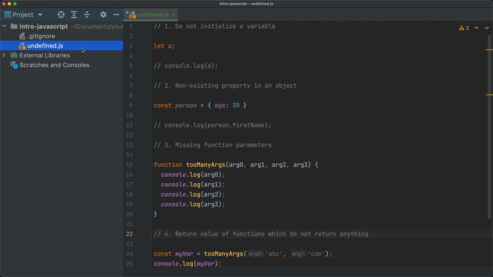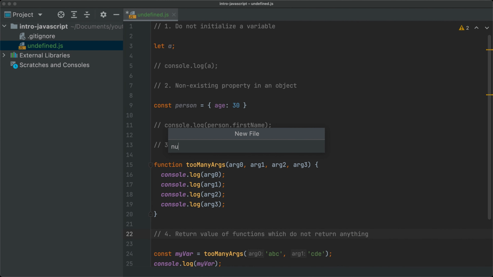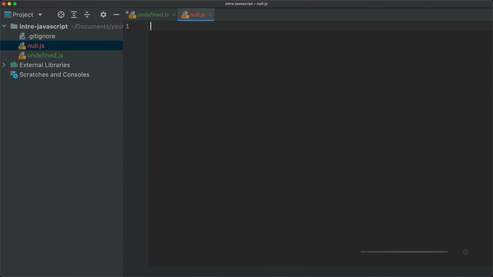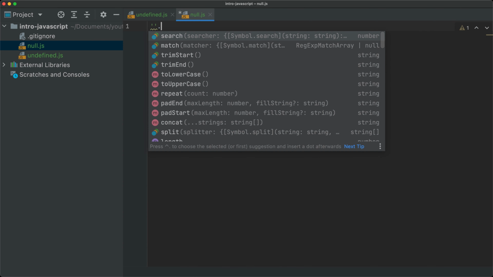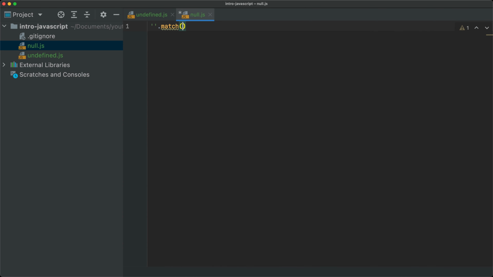Now let's switch to null. I'll create a new file here, null.js, and we will discuss when null happens. I'll not go into too many cases here because there are not too many cases where null is the default value. But remember that when we had this string thing with the match regular expression, so let's say z here,